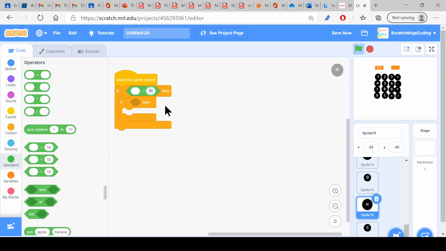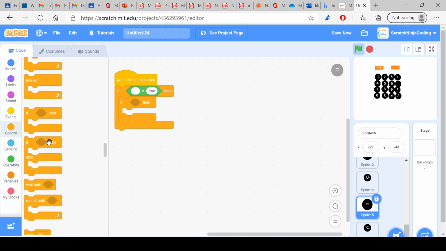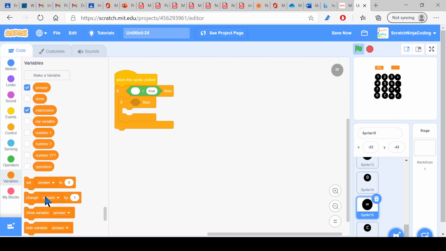I just use 1 because I was used to having true as 1 in programming, especially in C++, but I'm not going to talk about that. But if done is true,